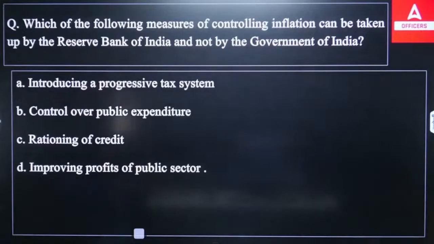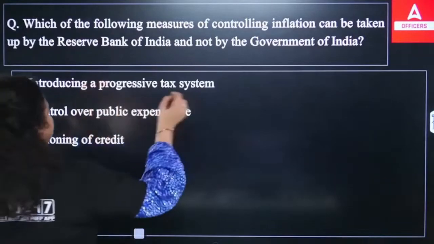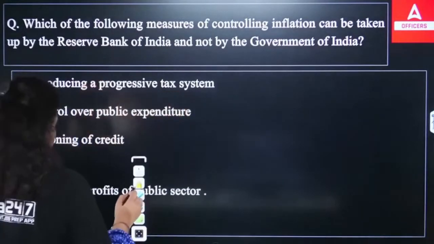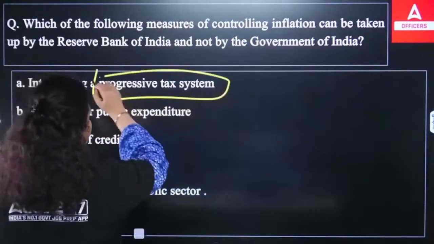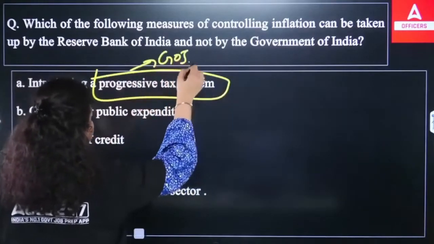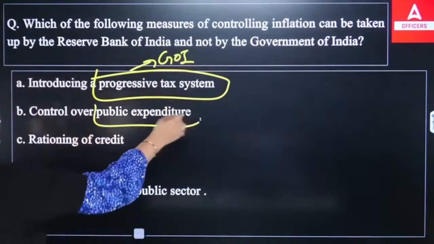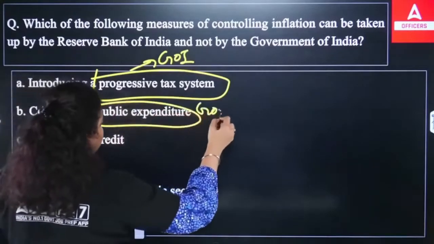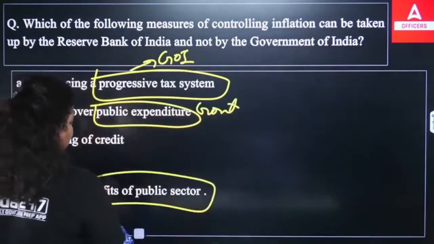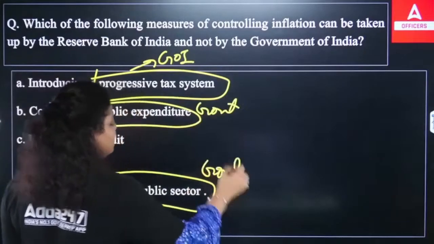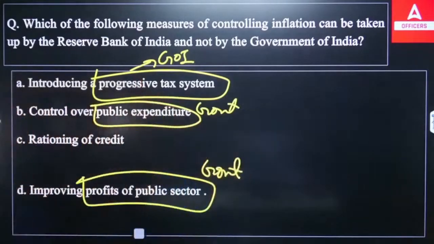Okay. So the right answer here will be, first is saying introduction of progressive tax system. This is in the hands of the government of India, not RBI. Control over public expenditure, again done by the government. Then profits of the public sector is in the hands of the government. So these three measures will be taken by the government of India in the fiscal policy, but the rationing of